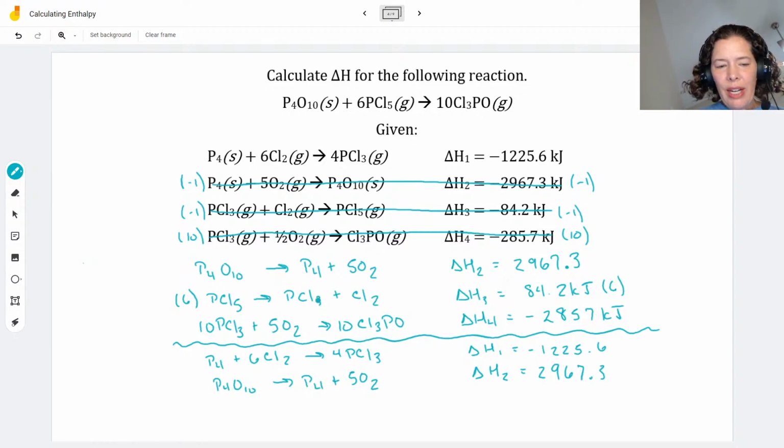Okay, so this third reaction, again, I have multiplied through by 6. So I'm going to change that to 6 PCl5 going to 6 PCl3 plus 6 Cl2. So my delta H3 is now, when I multiply through by 6,